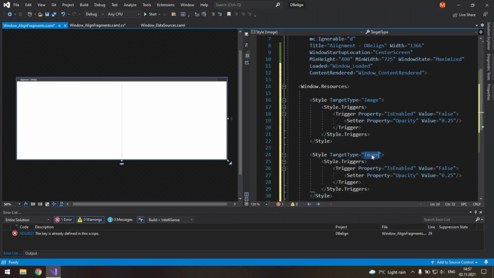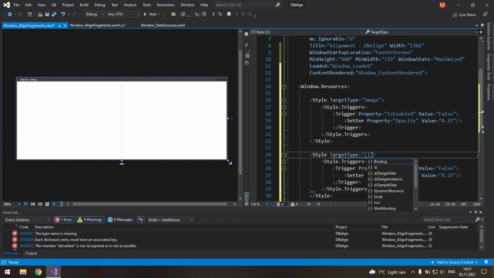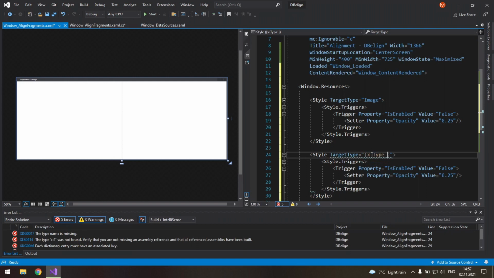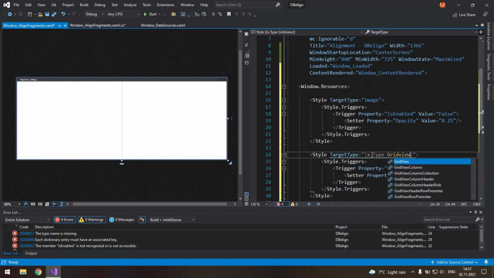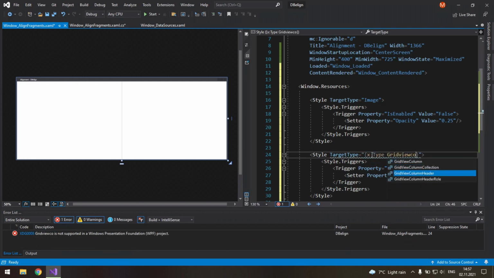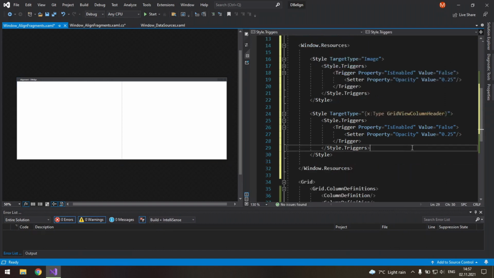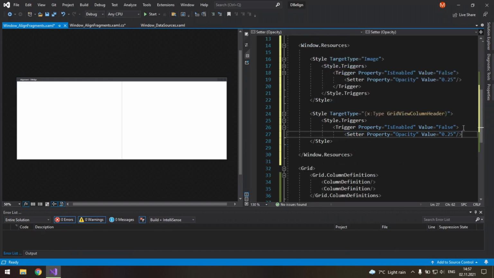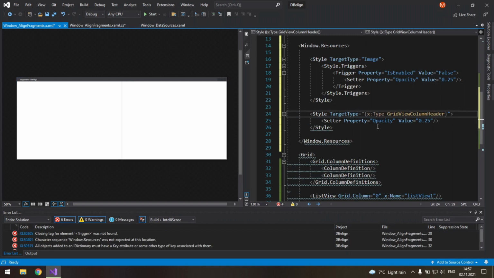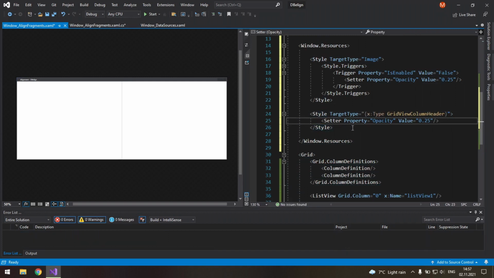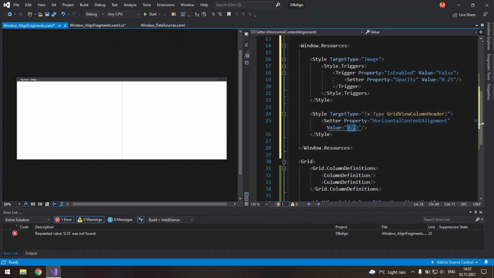Style target type, and here open curly braces, type X type, and grid view column header. We don't need to use triggers. Instead, we just need one setter for the property called horizontal content alignment, and the value will be set to left.